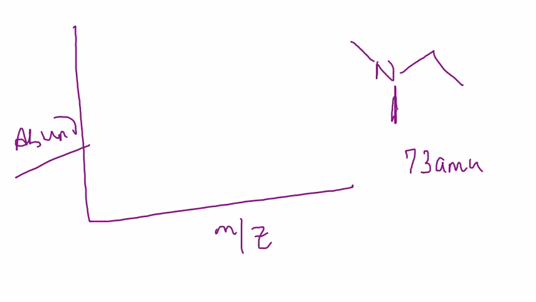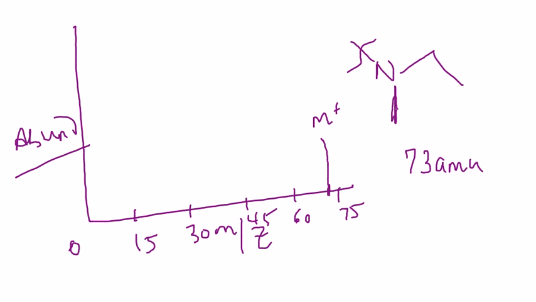So you're going from 0, 15, 30, maybe 45, 60, and 75. So that would mean somewhere over here, 73 will be your molecular ion. And then as it loses fragments, let's say it lost the methyl group, essentially it's now going to give you all